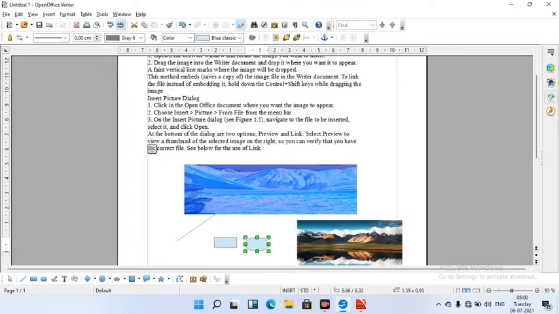You select both these, and we can group these two together so that we can move them together. For that we have to press this and click on this arrow mark.